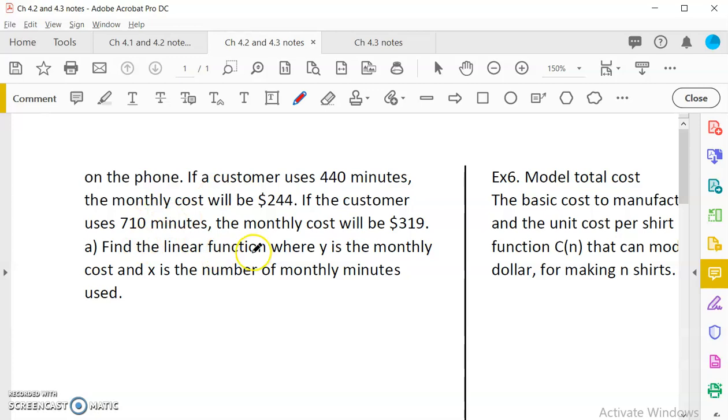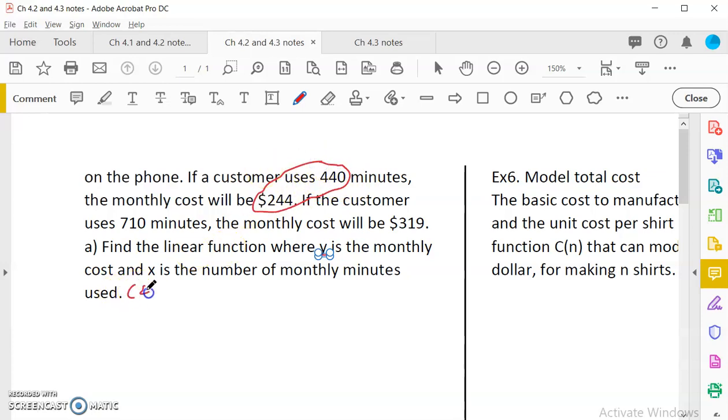So we want to find the linear function that models this, assuming this is linear. And a lot of the time it is within a certain range. The way we do it would be to identify these two changes. When the minutes change, it affects cost. So in the linear function, y is the monthly cost and x is the minutes. So x minutes affect cost. So we have two sets. This is one set